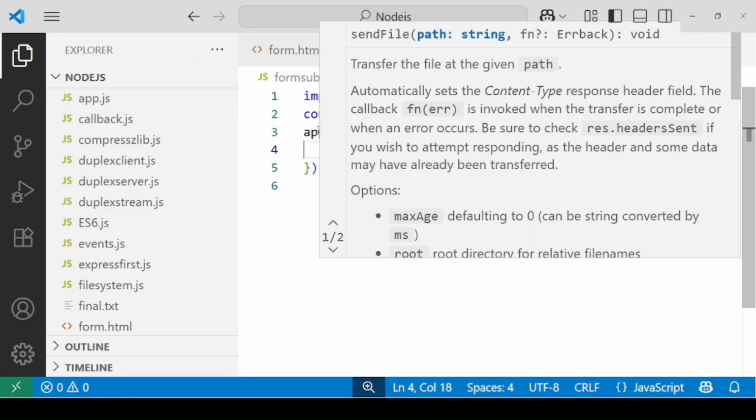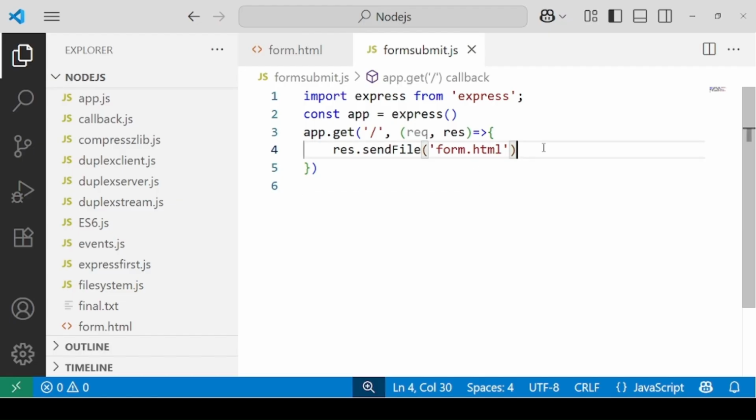Now inside the sendFile method, you can simply specify the name of the file that you have created. So we created form.html. So we're going to simply send this file. This piece of code is only going to handle serving the form.html on the browser.